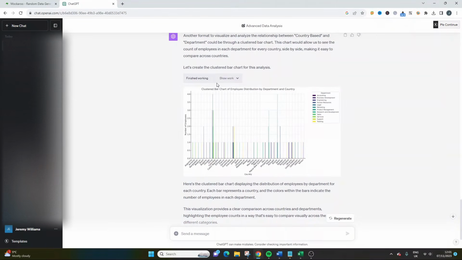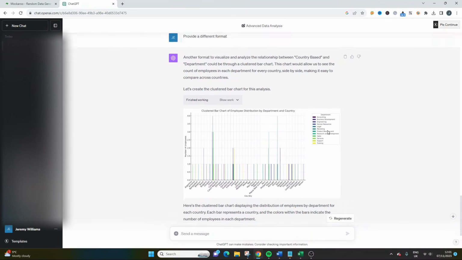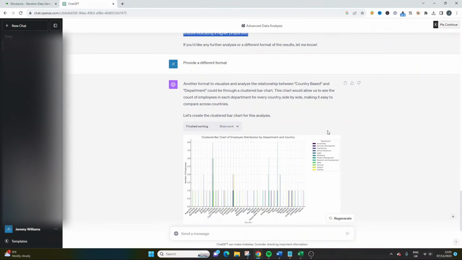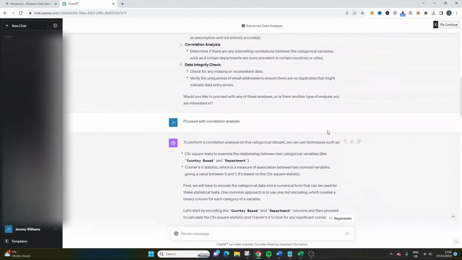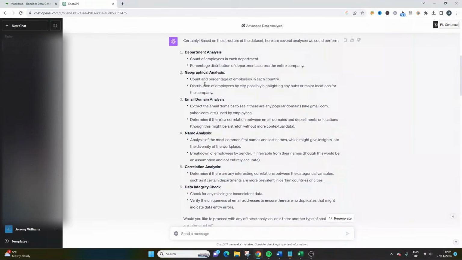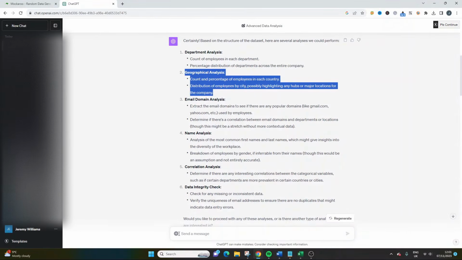So here we've got a clustered bar chart. So yeah, this is amazing. Obviously it depends all on your data file and what you are told to do. But this is just showing you what it can do. And that's what I'd like you to take from this video. Use these examples, use these ideas, and just experiment with ChatGPT, because you'll be surprised at what it can produce, especially with this kind of functionality. Let's just quickly, before I finish,